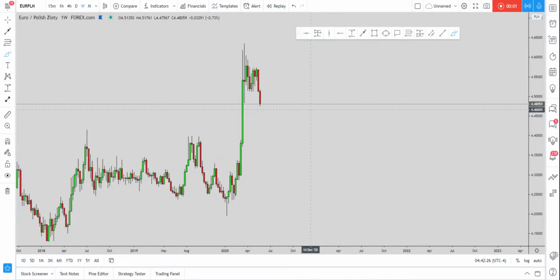Okay, so what kind of situation do we have at the moment from a Euro PLN perspective? Now, if you remember the last time that we spoke about this pair, from here we wanted to see the market make a nice move to the downside. Why? Because clearly the market was overextended at this zone. It had also created this overextended W formation, and we definitely wanted to see the market give us a retracement